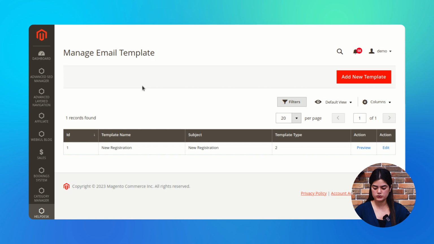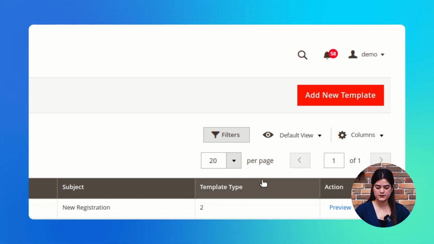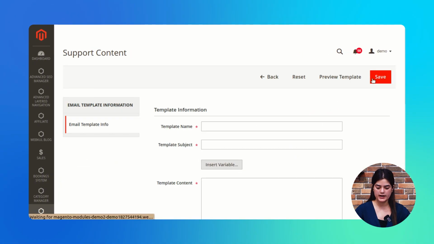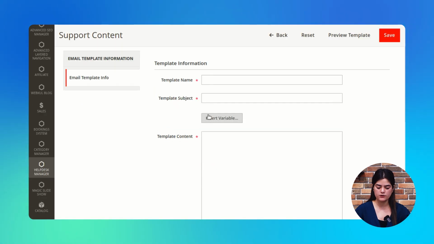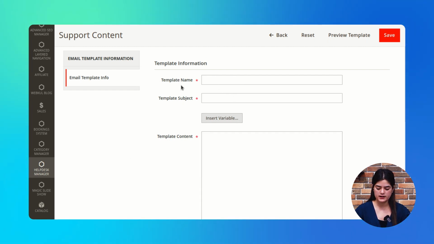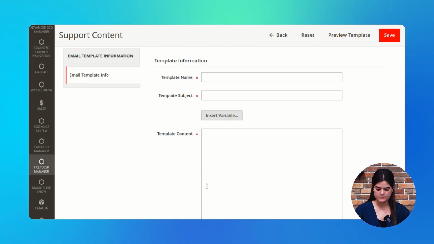Here I am going to show you how you can do the same. To add a new template, you just need to tap over the add new template option, and accordingly a window will come up where you need to provide the template information. Here you can see we need to provide the name, subject, content and template style as well.